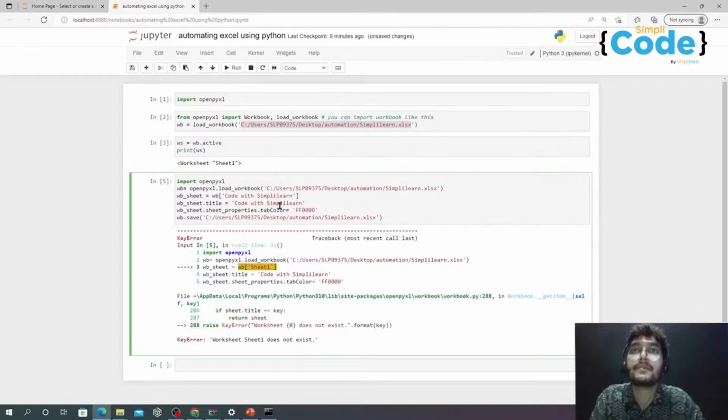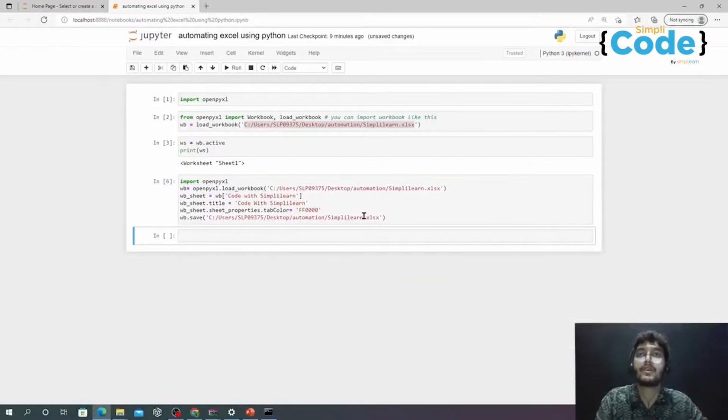Okay, same Simplilearn, same code. So what I will do here, I will just make W capital. So now it will work fine. So if you save or run your code like this,